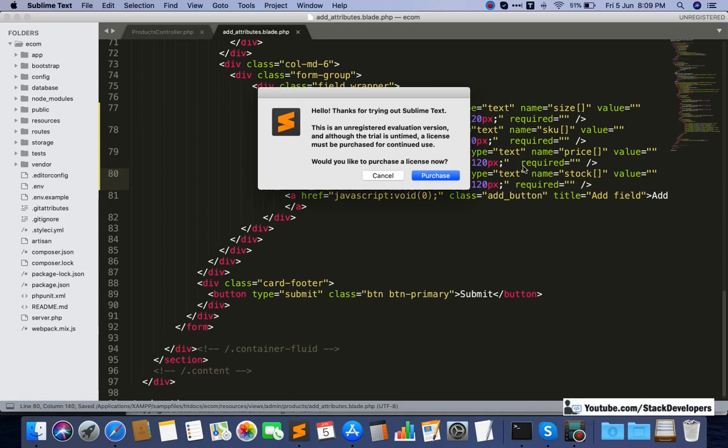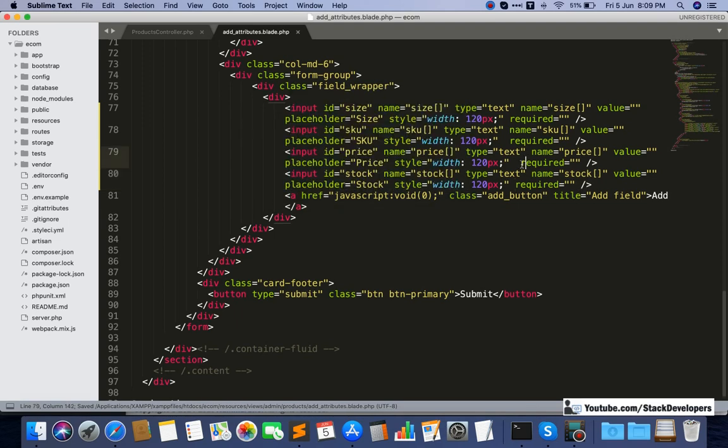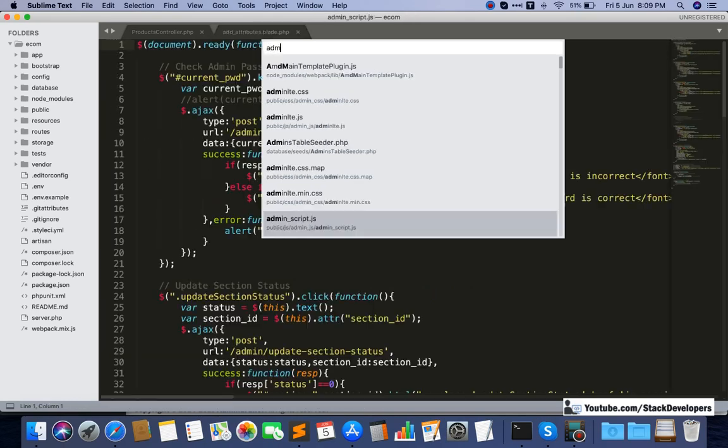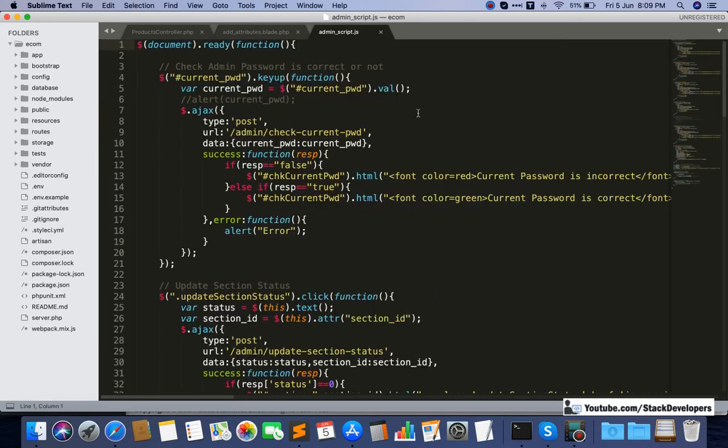So we will add it not only here but also in that script. That page is admin script.